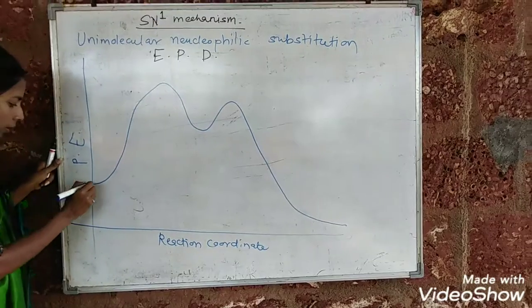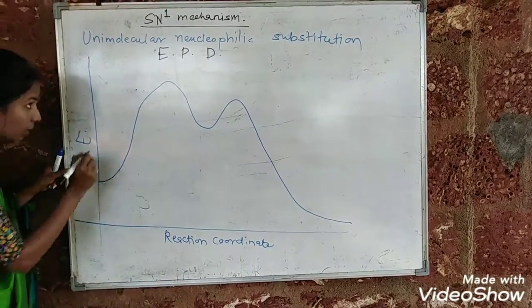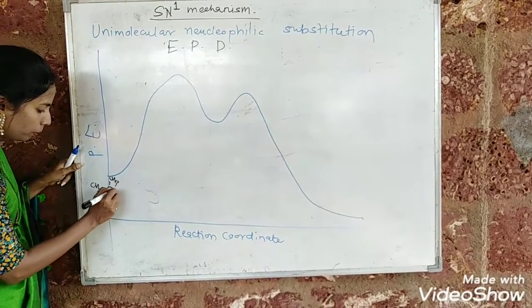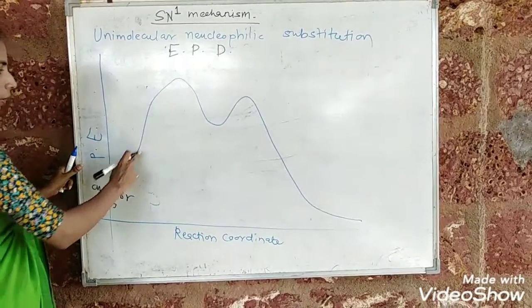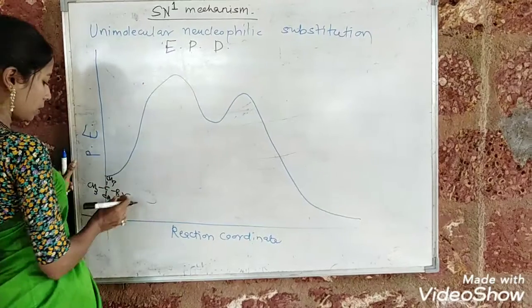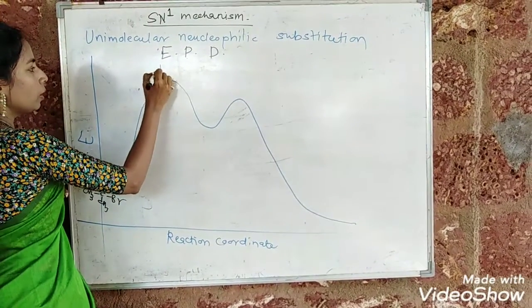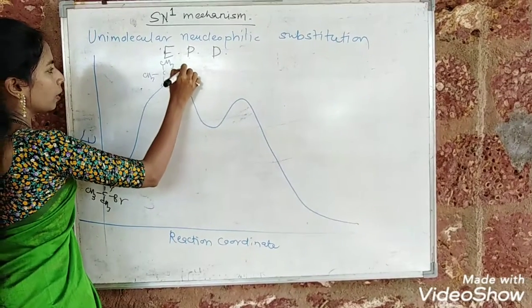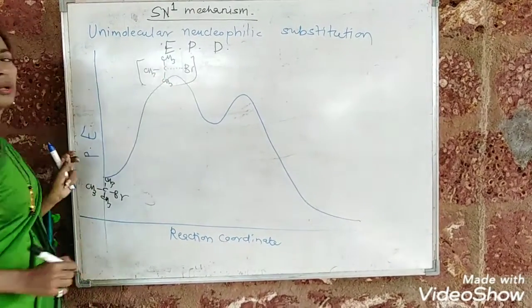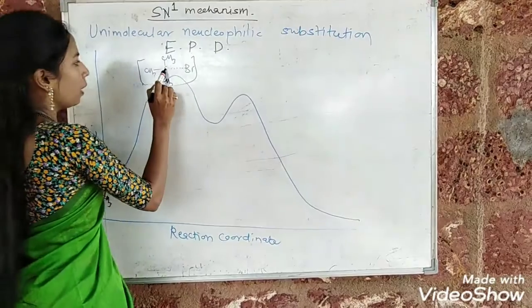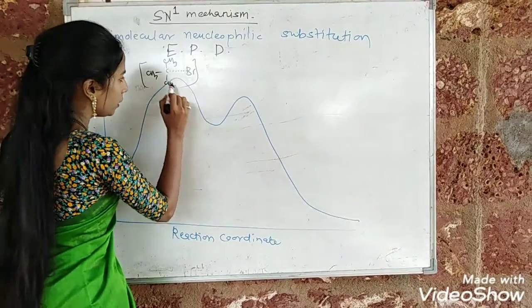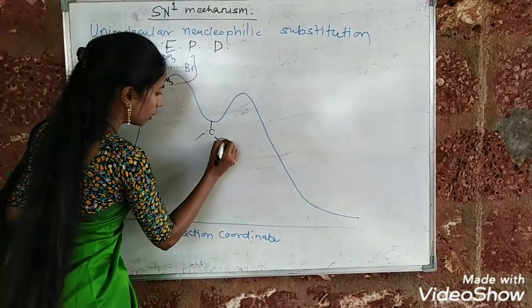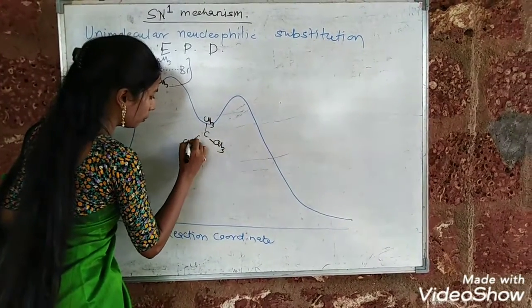Here you are starting. Here are the reactants. The reactant for this particular mechanism is tertiary butyl bromide, and when the substrate reaches the transition state, this bond is breaking. So for the first transition state, the carbon-bromine bond is breaking, and when the transition state is converted into product, this is your first step product, and it is a planar carbocation.